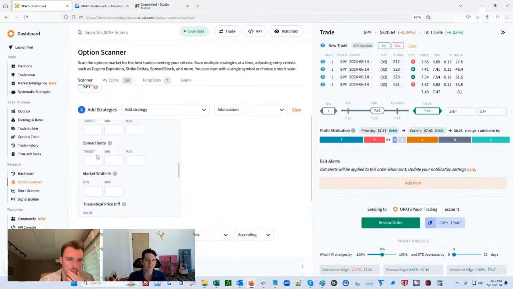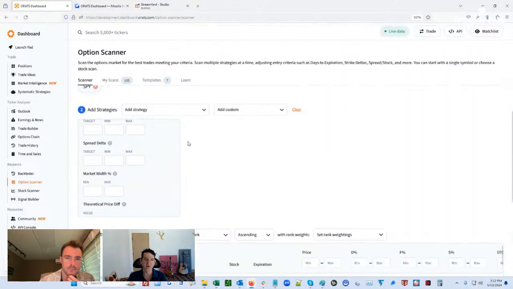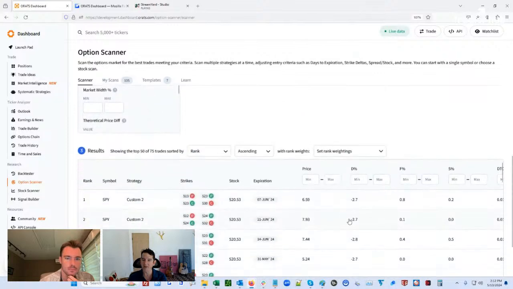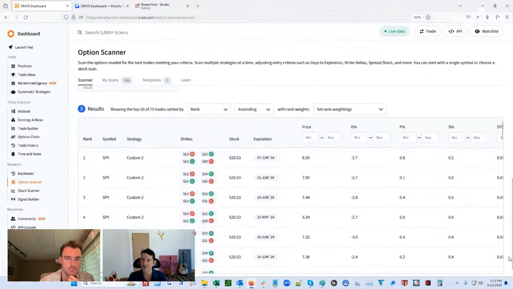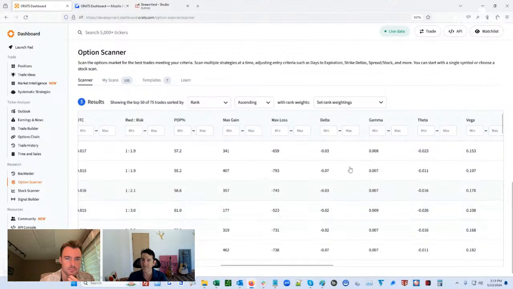We could do the spread delta. That's probably the best way to do it, is just to make the delta. So let's look at this one. Well, the delta is -3. So what we could do is either in the scan here, or in the scanner, by saying, well, let's have the deltas somewhere around, I don't know, 1.5 or something,